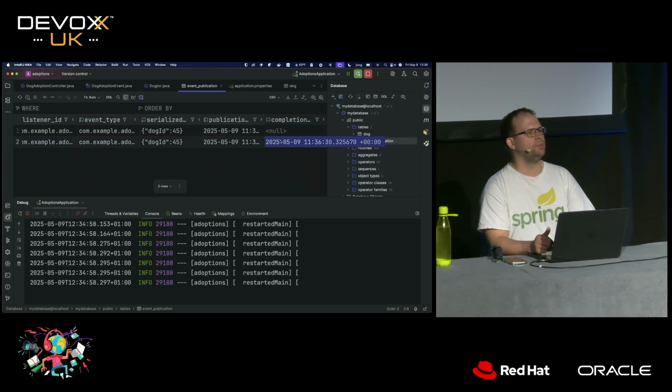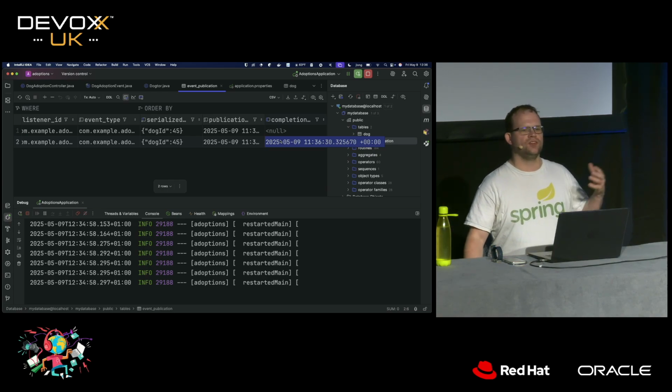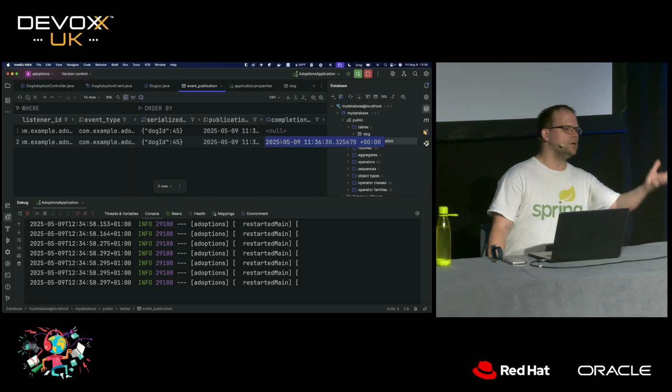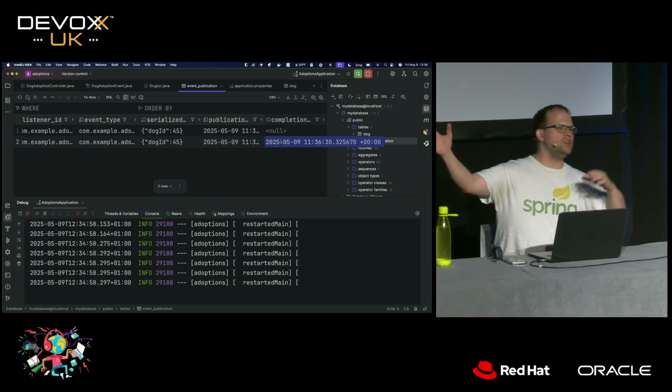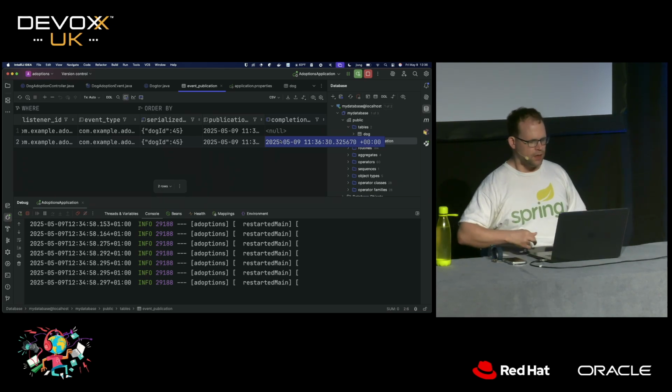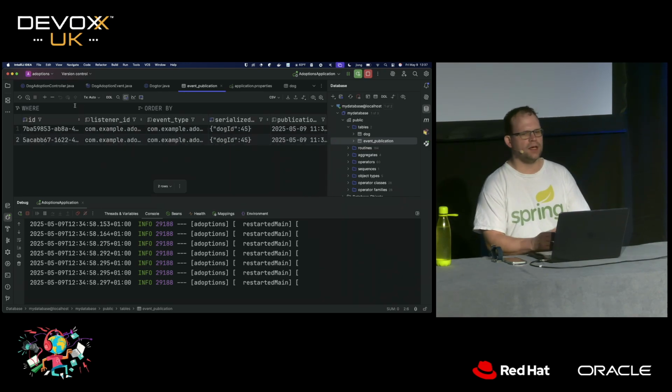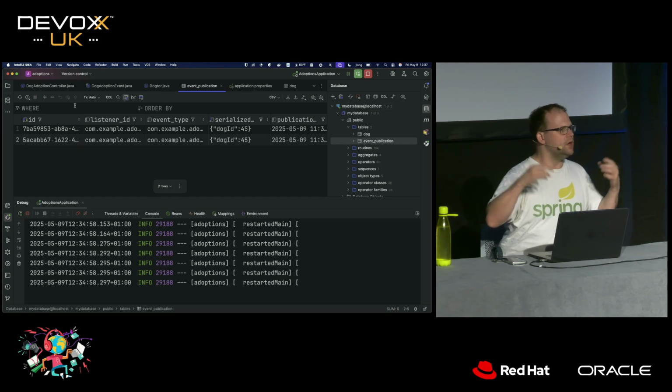This is called the outbox pattern. We're using a transactional resource like a SQL table to reconcile non-transactional resources like our event dispatch or messaging or FTP services or Kafka or whatever, right? Very, very, very useful way to build scalable systems. So Spring Modulith gives us the ability to build code that is decoupled. It scales well.